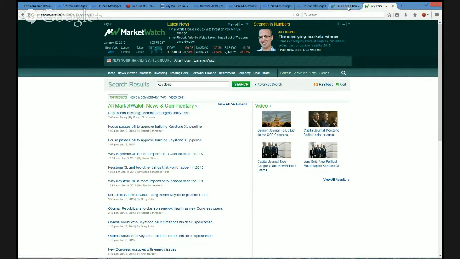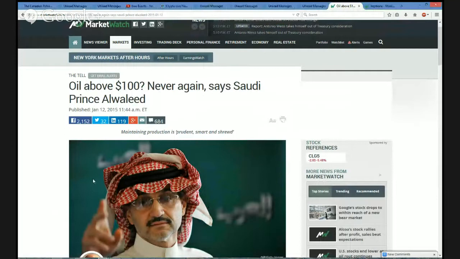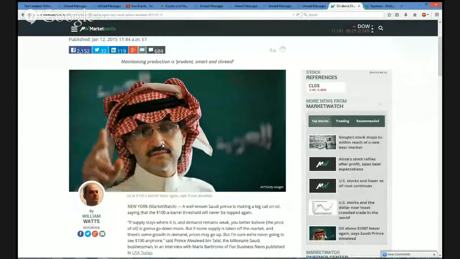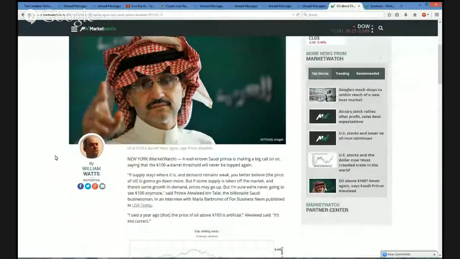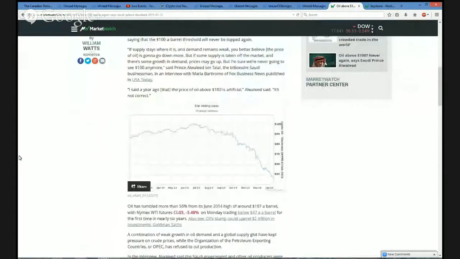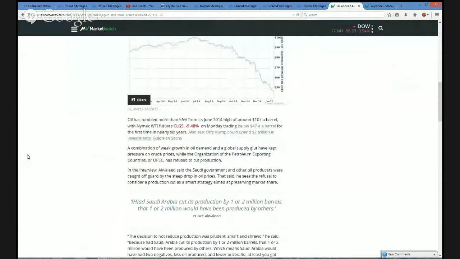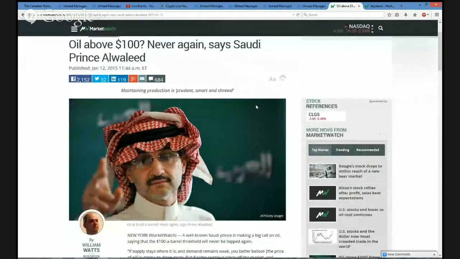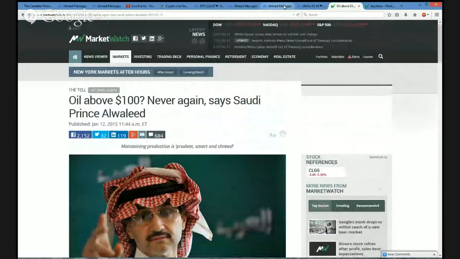It's interesting in this commentary. Basically, the Saudis said that yeah, they could cut production, but they know for certain that all the other OPEC members would just simply go and fill the void. So really, it's not in Saudi Arabia's interest to cut production because all the other OPEC countries are cheating so much. So put it all together, the fundamentals kind of match up with the technicals.